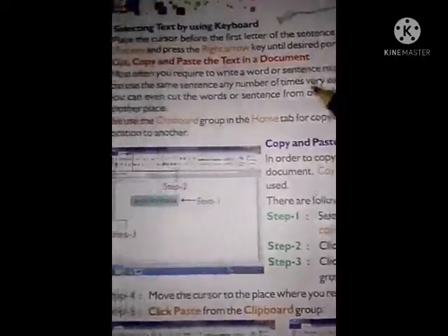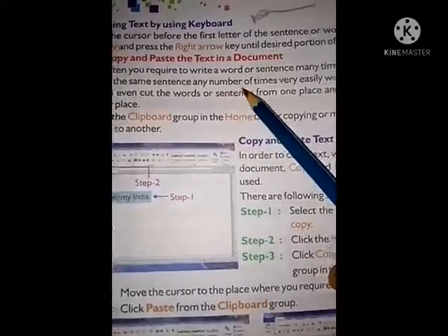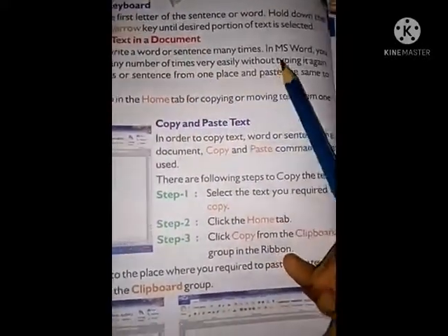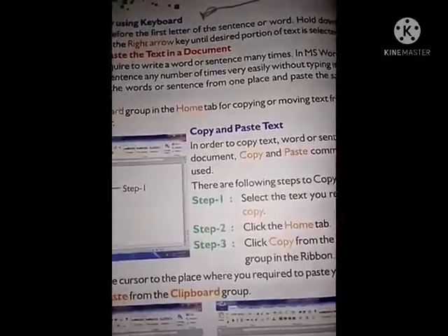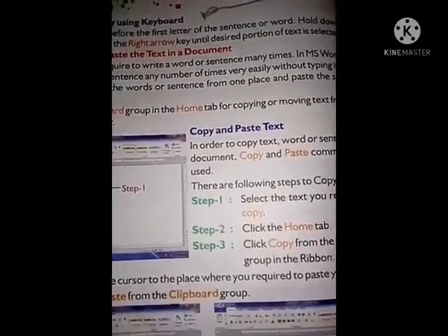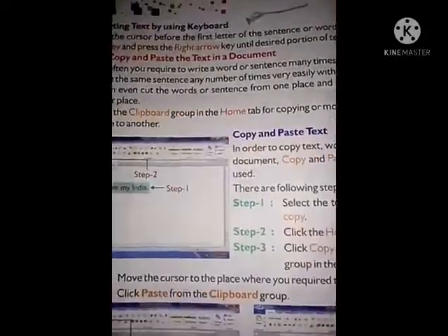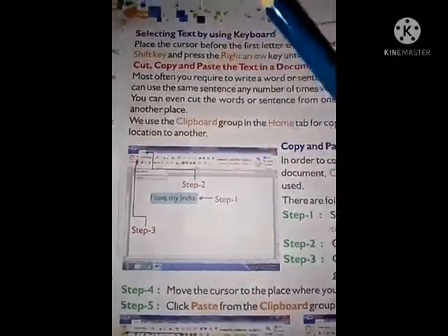In MS Word, you can use the same sentence any number of times very easily without typing it again. We can do that very quickly by using Microsoft Word.